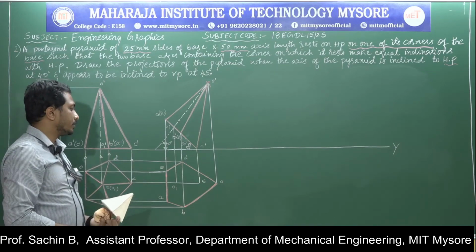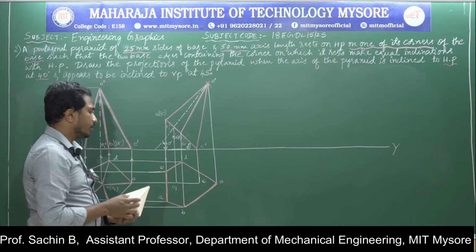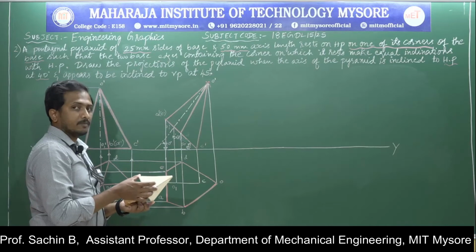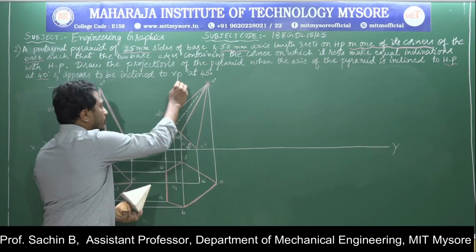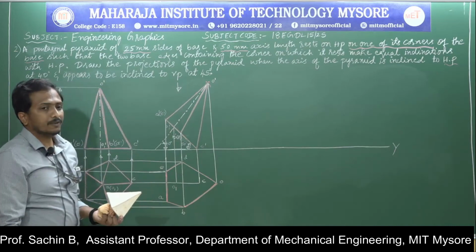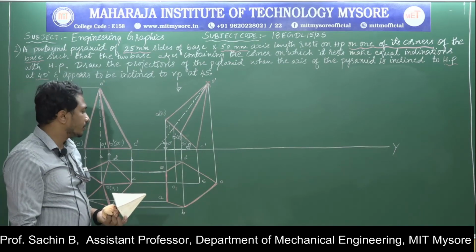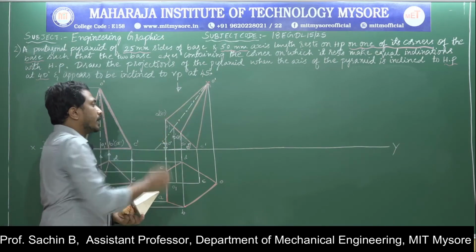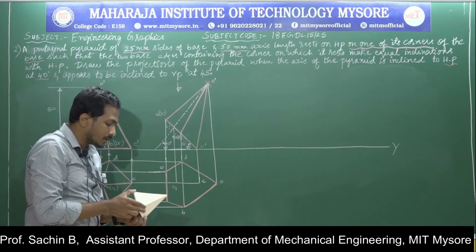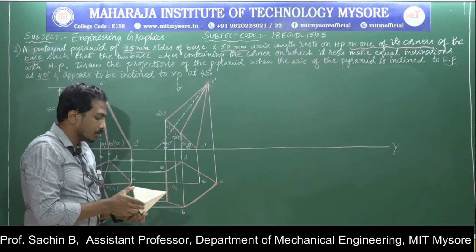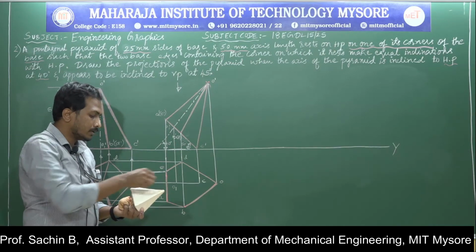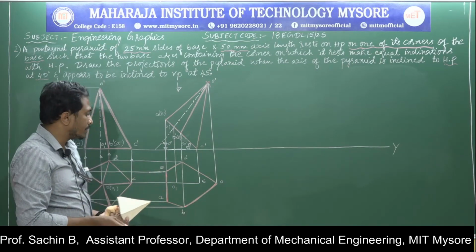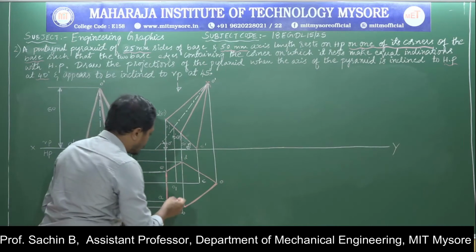Next I will go for drawing the remaining edges. For that I am going to apply the second condition. I am viewing the object from the top. If I am viewing the object from the top, the second condition is that the faces and edges near to the observer are clearly visible. According to it, O dash to A dash and O dash to E dash are clearly visible for me. I am joining these visible edges.